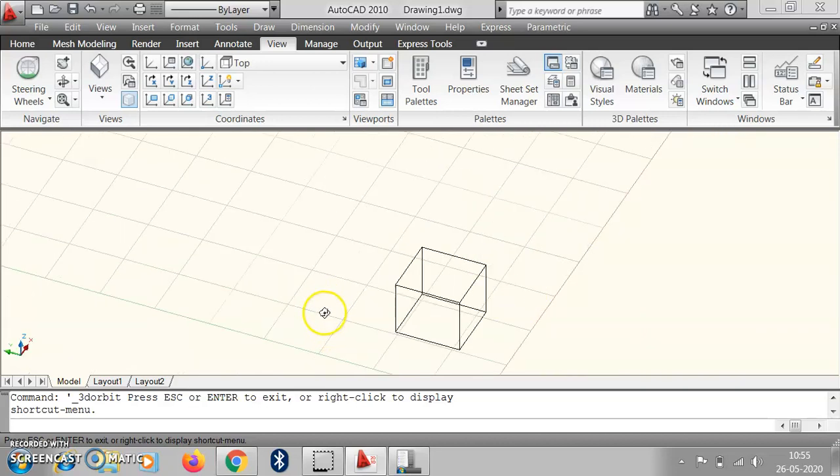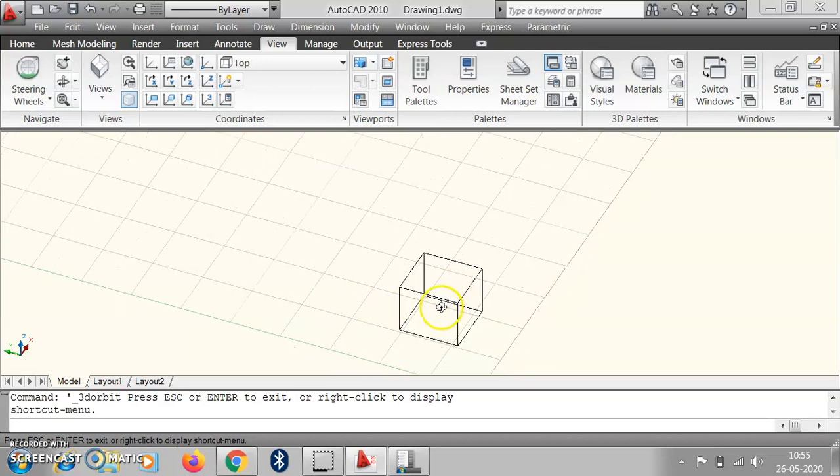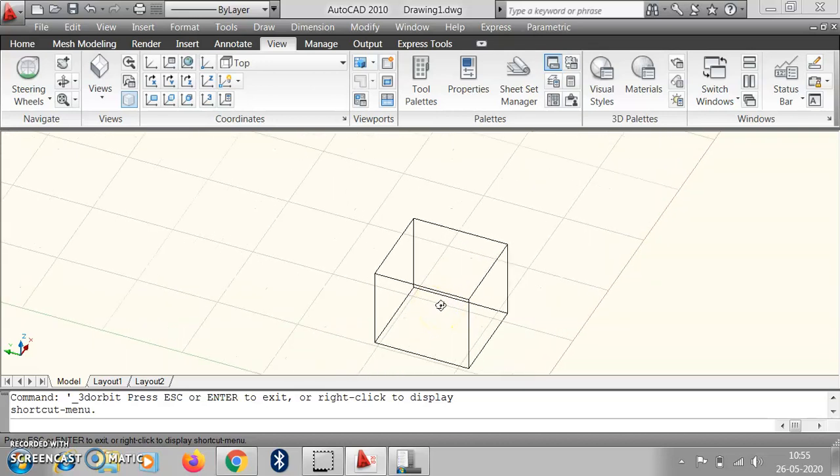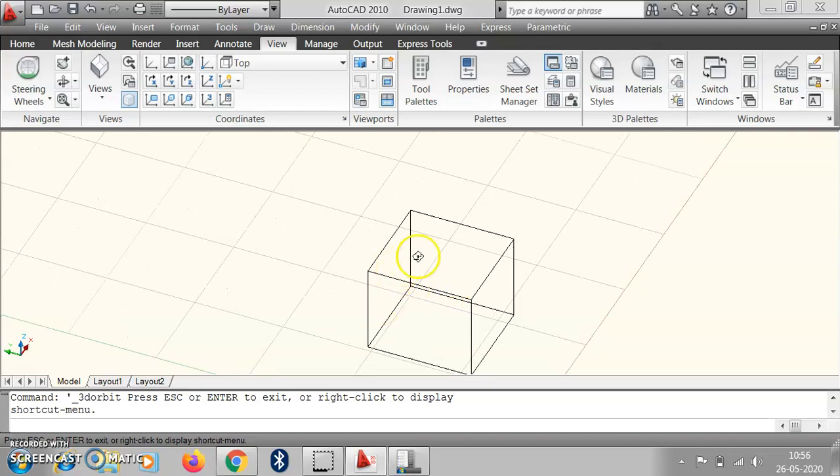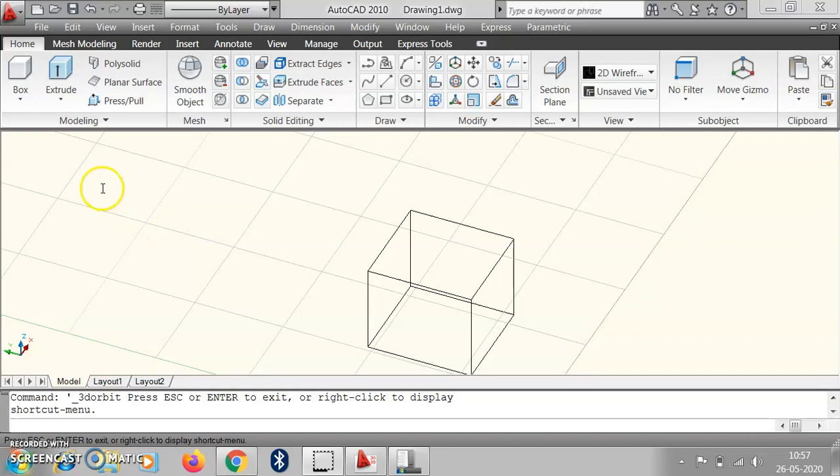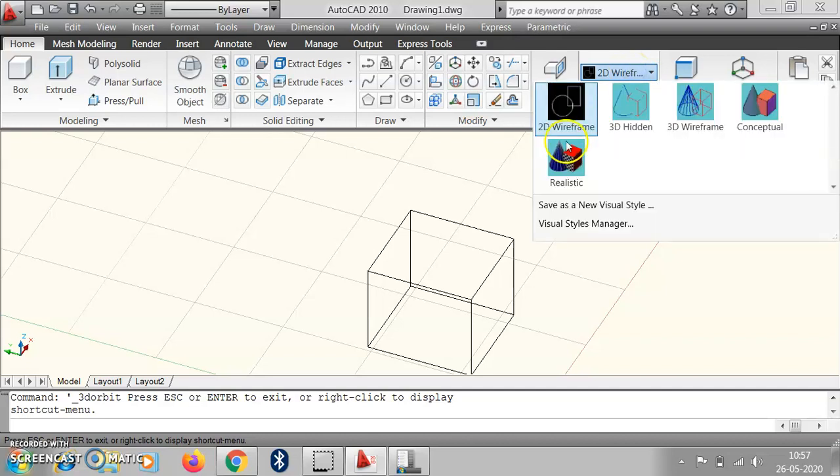Then most of the time what will happen, we get this view here, but it is a totally transparent view. To get an actual idea of the object, we have to select the views here. Actually the default is 2D wireframe, but we can change the object view to 3D hidden, 3D wireframe, conceptual, realistic.